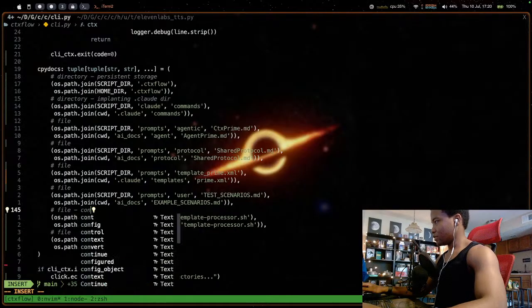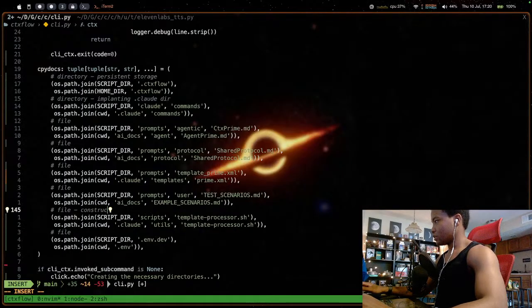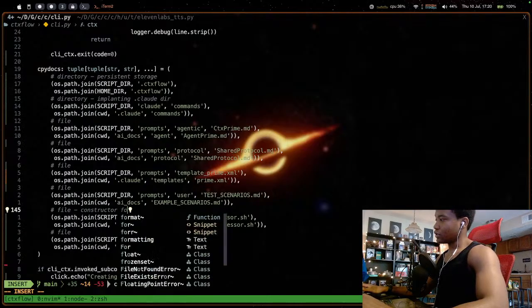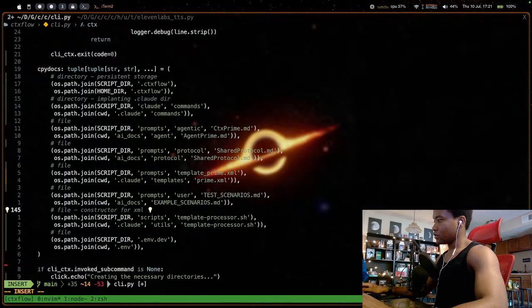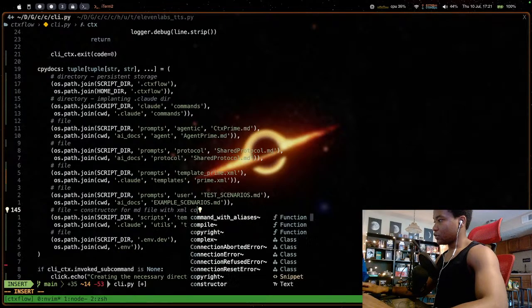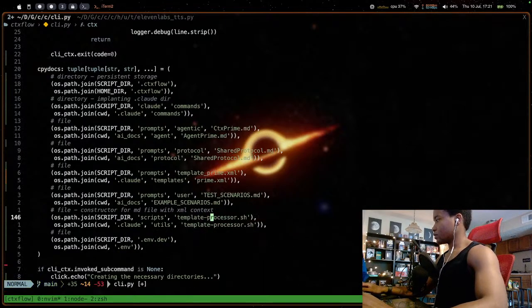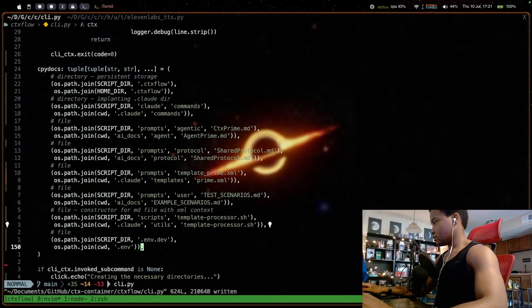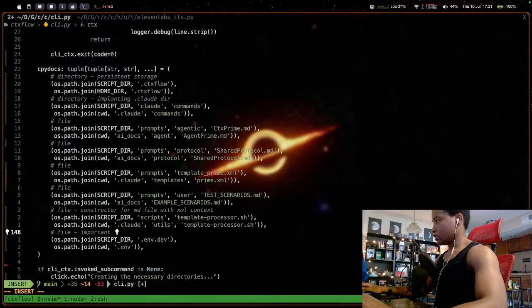I spelled constructor right? Construct. Constructor for XML. For MD files with XML context. And then .env. Forwarding from